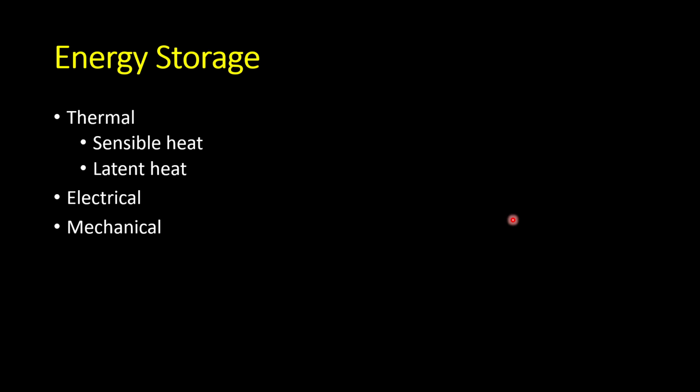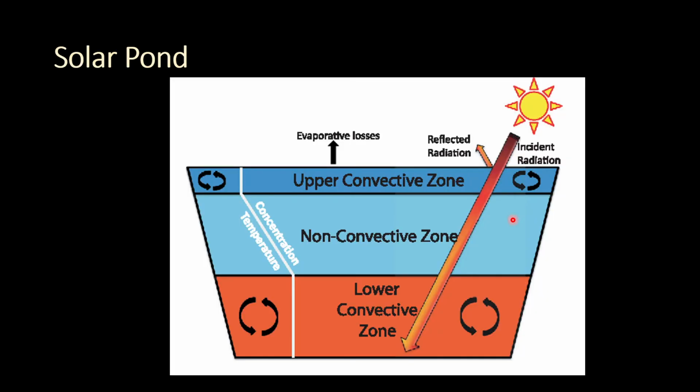But that requires high space and involves chemical energy. Another type of storage, a collection cum storage device in the case of solar energy, is called a solar pond. A solar pond is a man-made artificial expanse of water only 2 to 3 meters deep, and it has three layers.